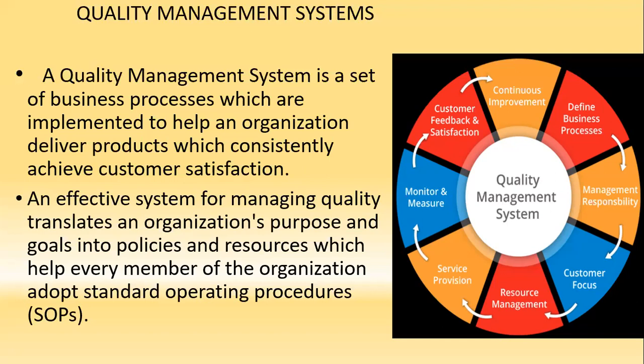To obtain a quality product, the managers should see to it that there are skilled workers in the organization, that the raw material provided to the workmen is of good quality, and that the machinery is not defective. So all the resources will be provided by the managers, and as I've just told you, the standard operating procedures must be followed right from the lower stages, the subordinates, to the higher level managers.